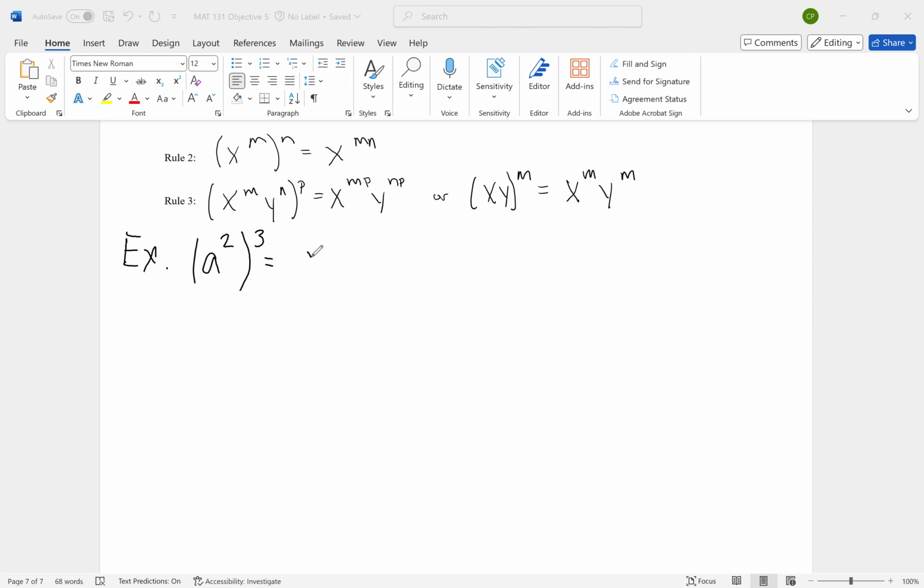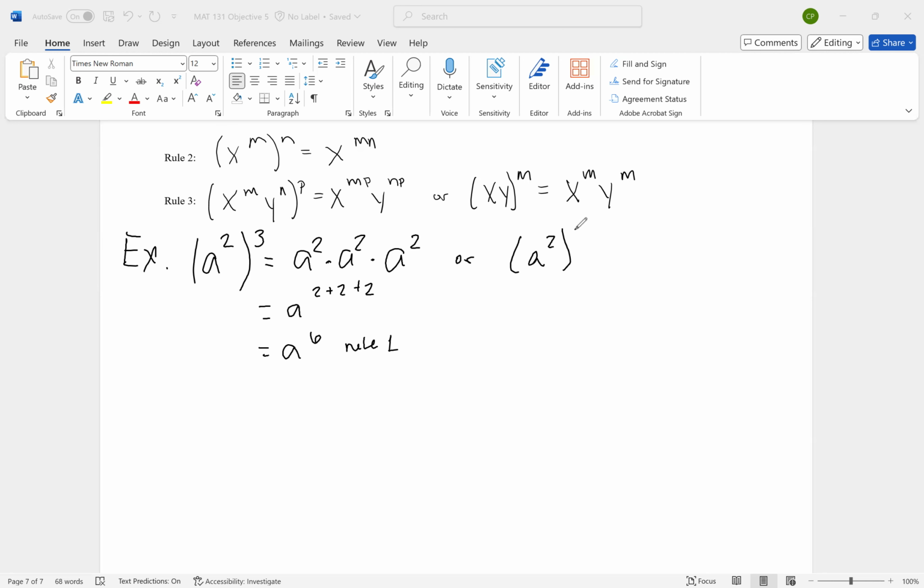We know that this means a squared times a squared times a squared, which, what we just talked about, we could do rule number 1 and get a to the 6 by adding those exponents, 2 plus 2 plus 2, to get a to the 6, okay? But with rule number 2,